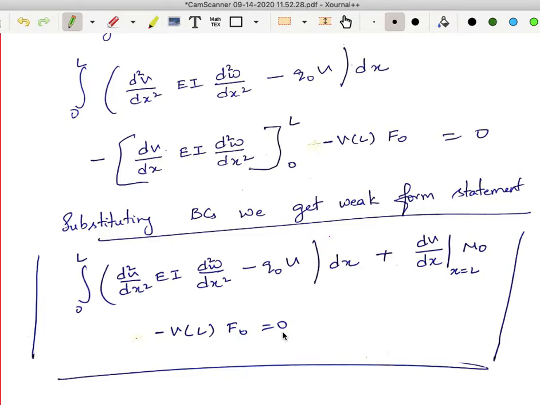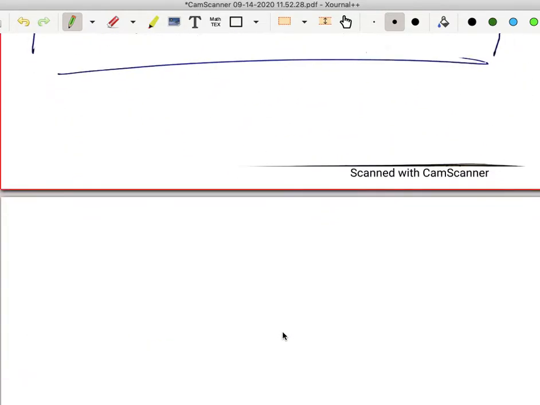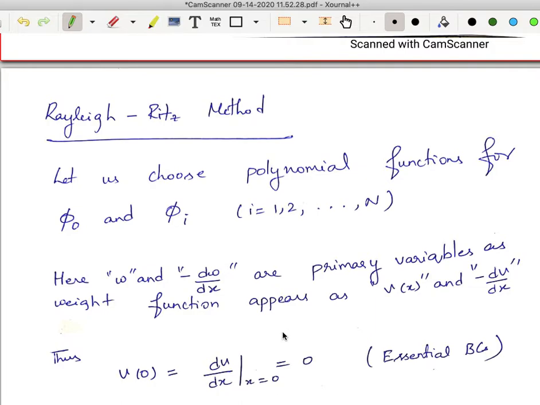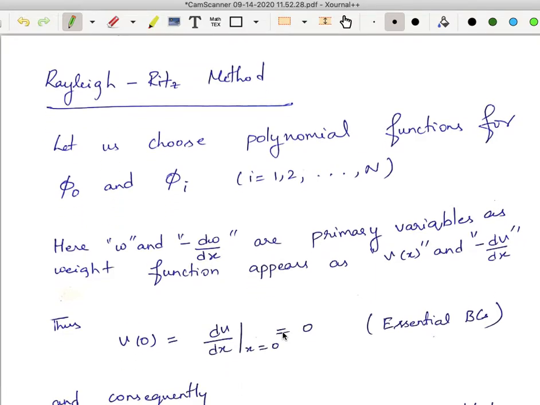It is 2. Okay, the highest order derivative is 2. Now next, we are going to apply the Rayleigh-Ritz method. Now in the Rayleigh-Ritz method, or for that matter in any variational method, how are we writing the solution? We are going to get an approximate solution, which we will denote by w subscript n of x.